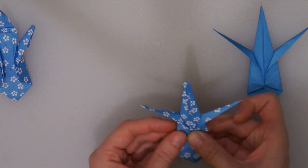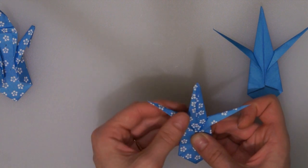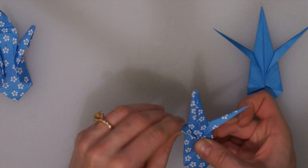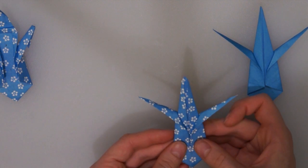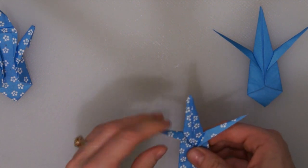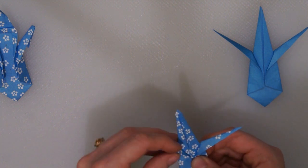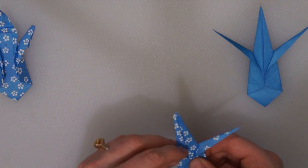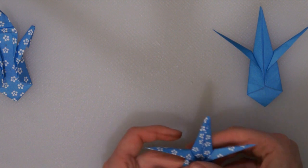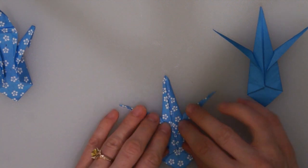If they don't totally match up, you can move them around until you get the angles and the lengths that you want. For me, this is the hardest part, I think. Alright, so once you get it here,